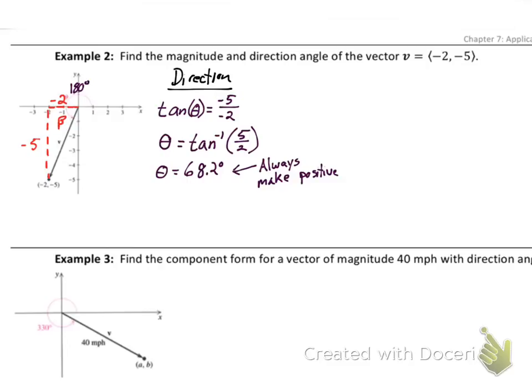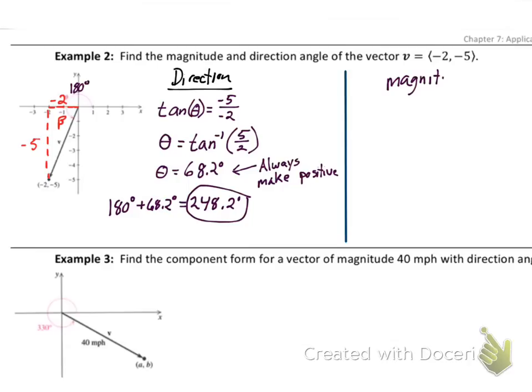Now I just have to add 180 to it, and I'll have the full circle here. So our final direction is going to be 180 plus that 68.2 degrees we just found. So that's going to be 248.2 degrees. That is our direction. That is definitely the harder of the two things to find, because to find my magnitude,